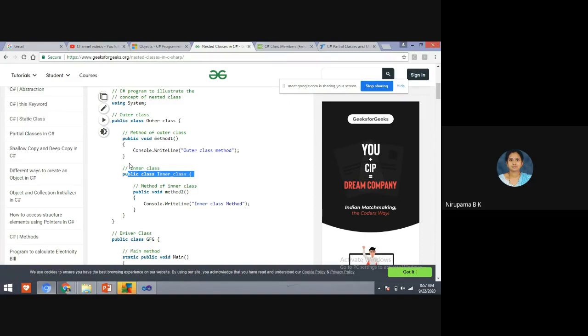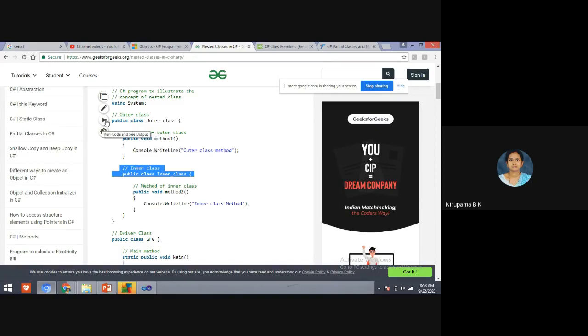Students, if I close this outer class here only, before the beginning of the inner class, then you cannot say it is a nested class, because it is not class within the class, it is outside the class. You can say multiple classes, but here before I close this outer class, I have taken one more class. So now this class becomes an inner class. In this inner class, I have a statement, that is inner class method.